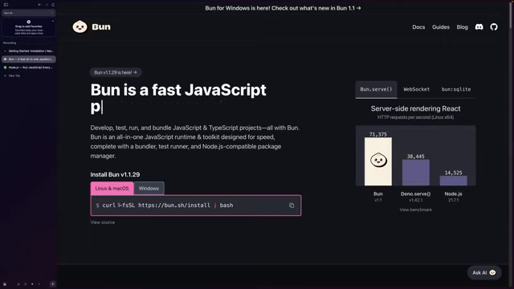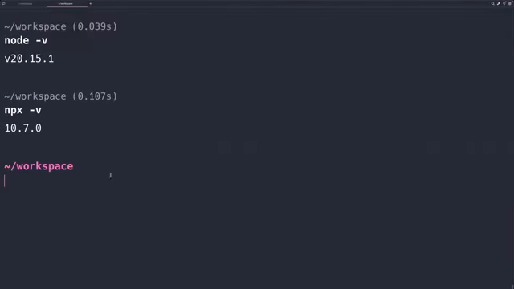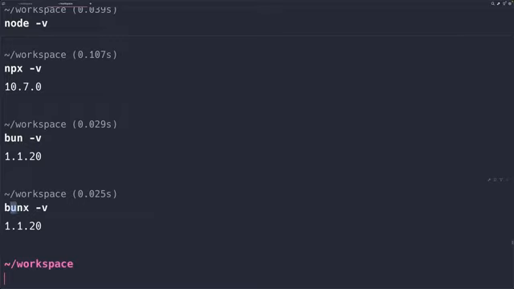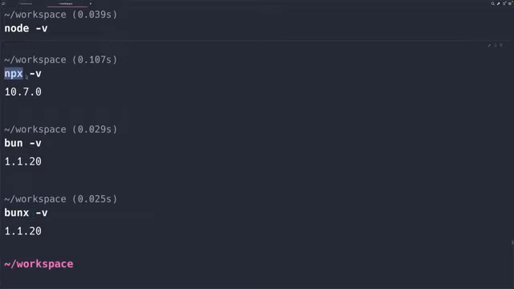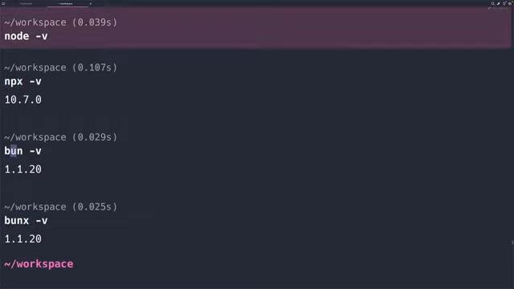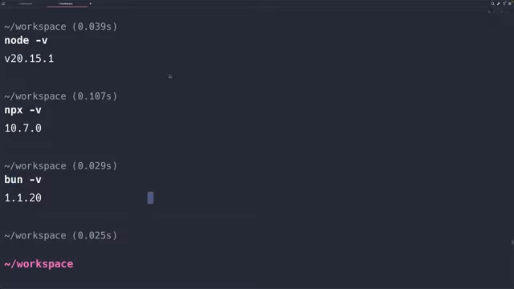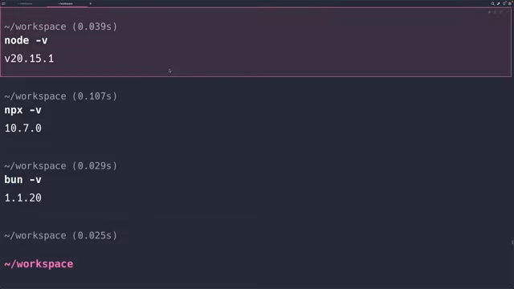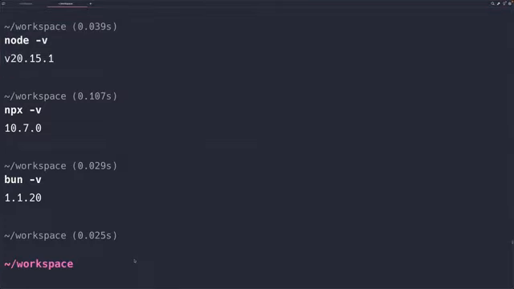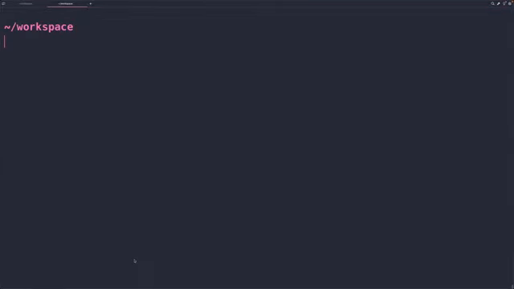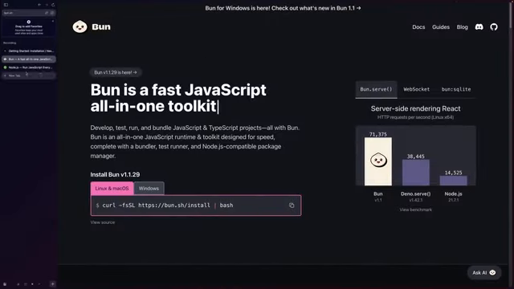If you choose to install bun using this command, then you can then run bun version as well. And if you have bun installed, you also have bunx installed. So bunx is the same as npx, and bun is the same as node. Of course, I'm speaking in terms of those two different runtimes. Great, so now that we know the basics of our commands, choose the runtime you want to use, and let's